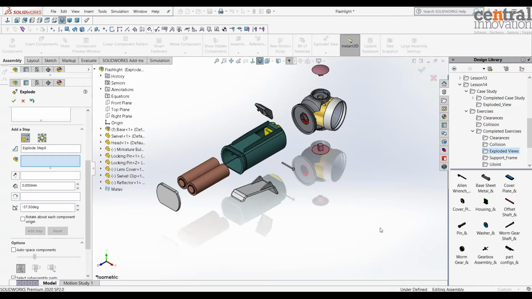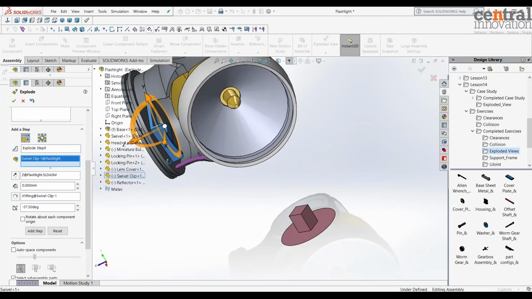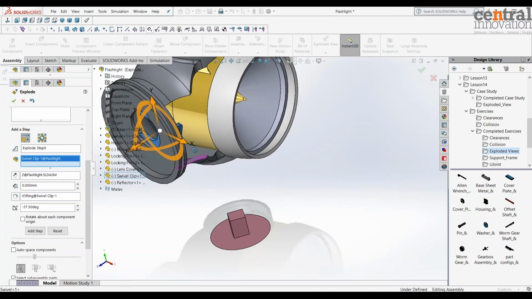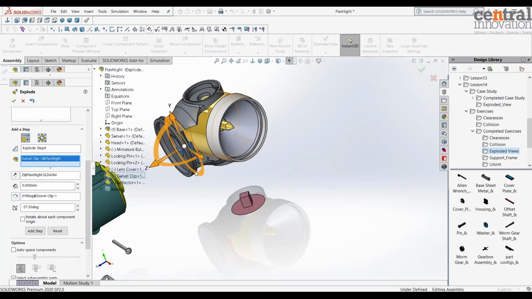The next thing that I'm going to explode is this red component here. As you can see, it's named Swivel. So here I'm going to introduce a new opportunity. I just select that component. And if I get closer, you can see that I'm not happy with the direction for this component. Okay, it's based on the original, the main origin of the subassembly. What you can do here, you can see this moving triad,